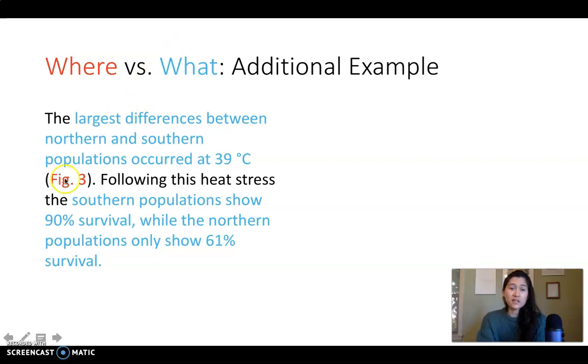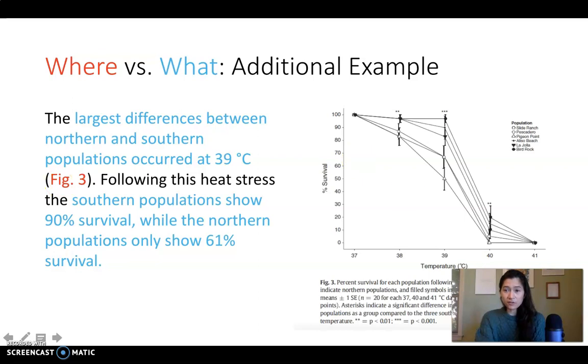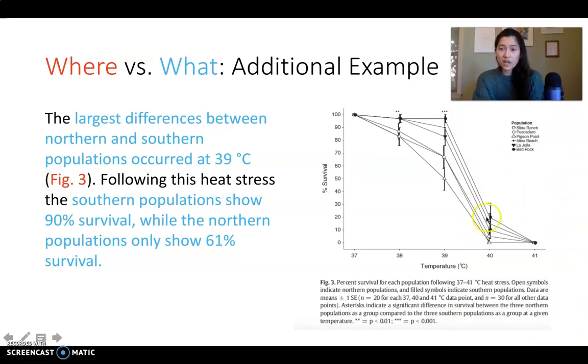And then the second sentence gives us some more of that what information. It's telling us specifically what the numbers of survival are at that temperature for different northern versus southern populations. So now we know, okay, the data that's being referenced here in the results section is found in figure 3. If we pull up that figure 3, we can see now, okay, they're talking about this 39 degrees C here,